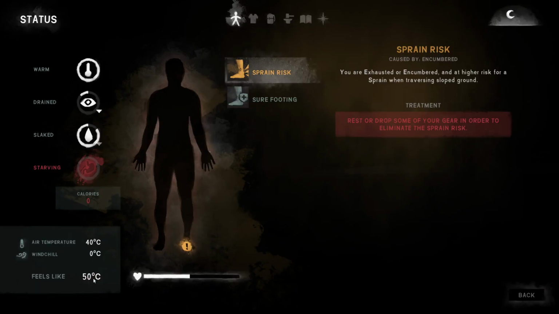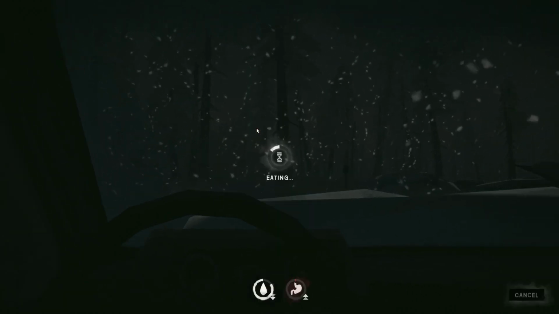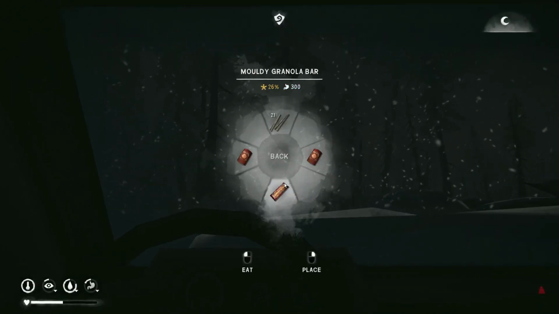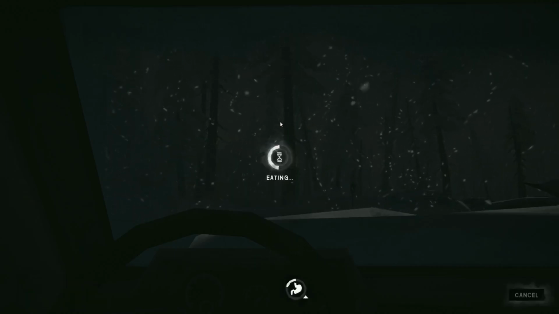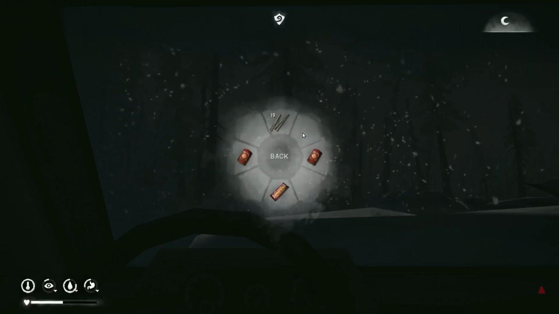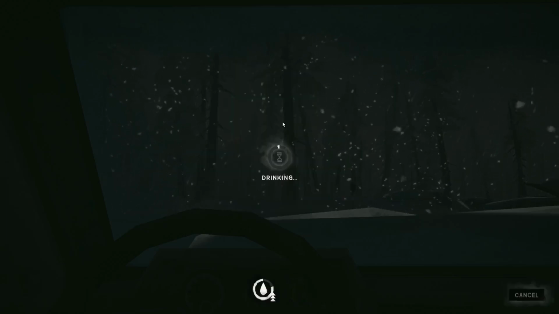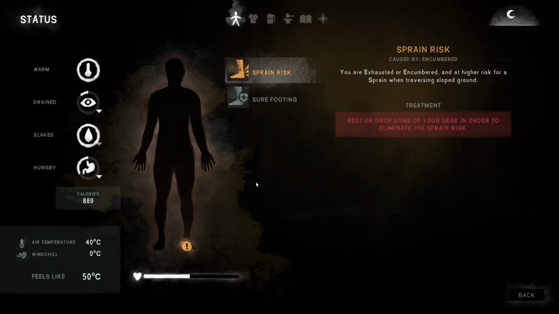Yep. That's 450 calories. Need about 300 or 400 more. That could give me food poisoning. Let's just go ahead and eat 3 cattails. That'll do it. Okay, quick sanity check. It was like 50. Now,